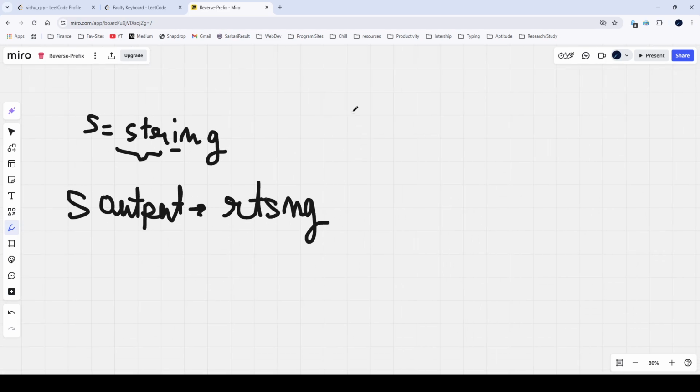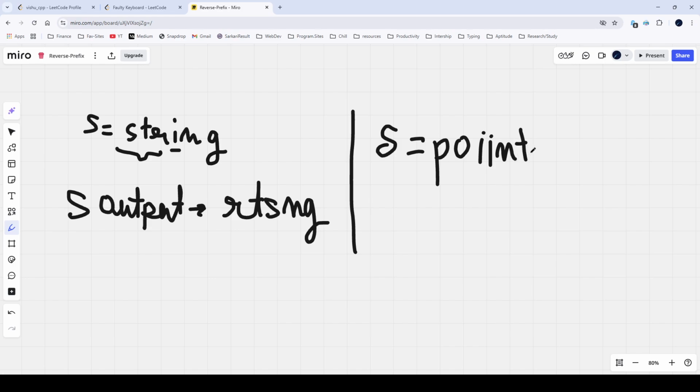Another case, POIINTER. So the output should be,